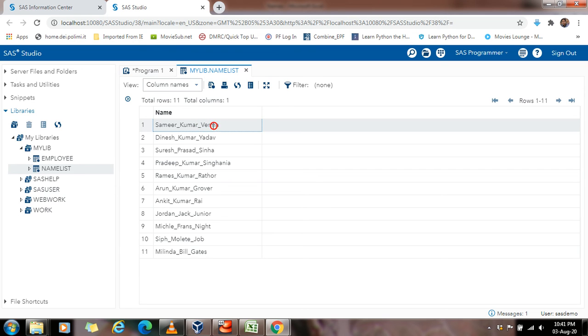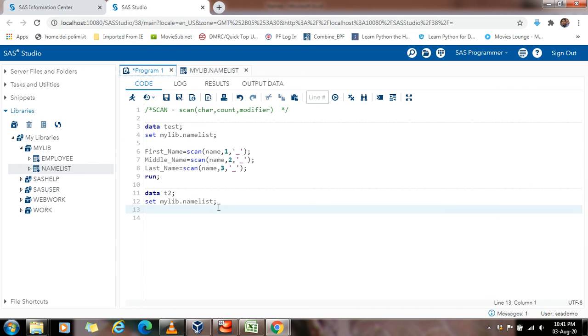What are you gonna do? You have an option, yeah, you get it right. You can just type last name and then scan and then variable name, then 3 because you need the third word, and then you need to provide the delimiter. Alright, this is gonna work 100%.